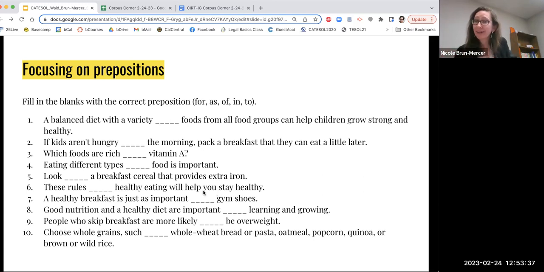And so if you join us for a CURT meeting in the future, we can show you how to use AntConc. And it's really fast to get these sample sentences. All I did is I put all my text into the software, and then I said, I want to find all the sentences with "for," and it just listed them out for me. And from there, I was able to copy and paste them right into here. So it's really nice once you're starting to use the software. You don't have to create the sentences anymore.